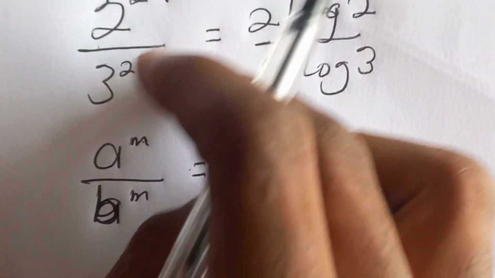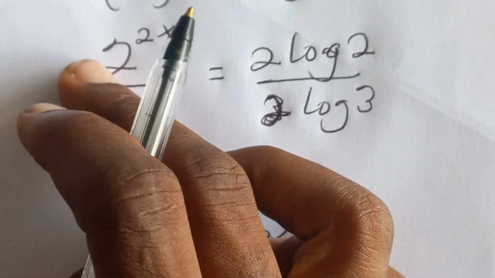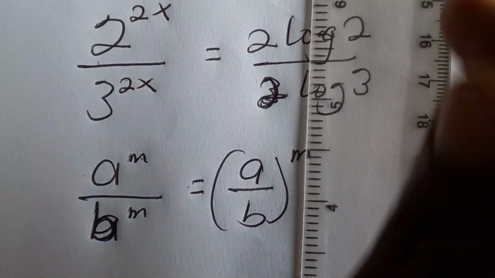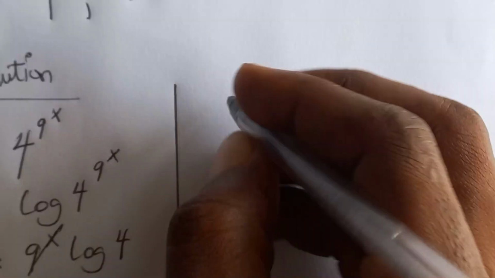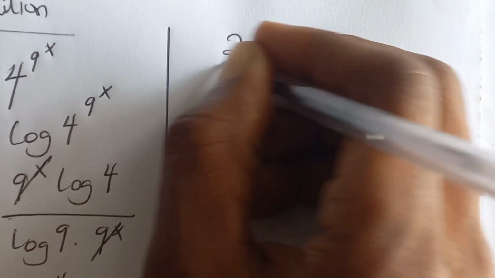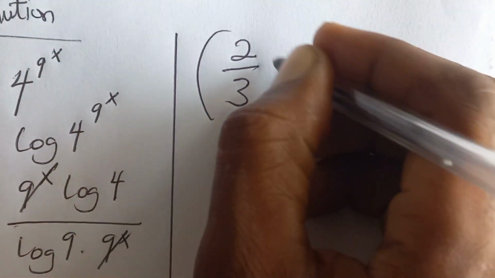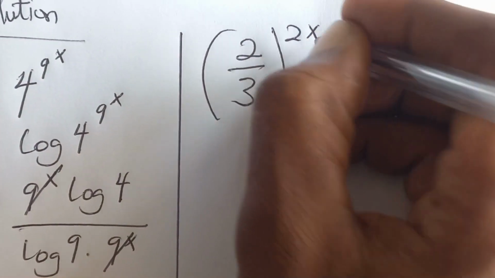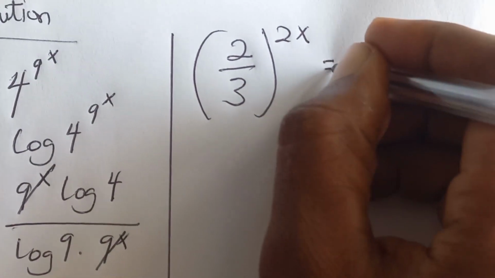Okay, so we are going to express this as that. We get (2/3) all exponent 2x is equal to,